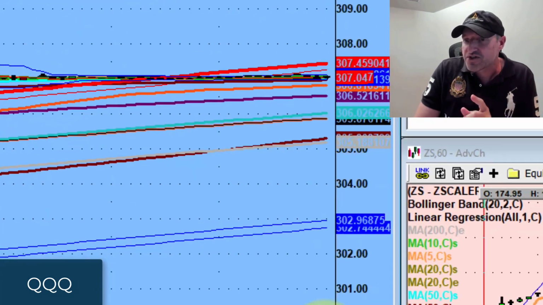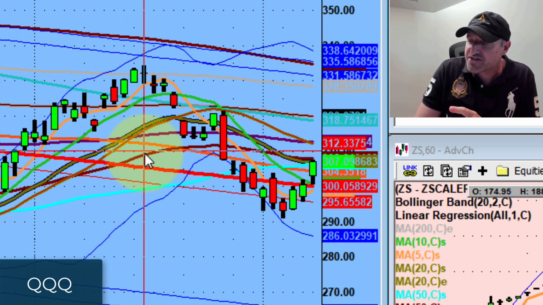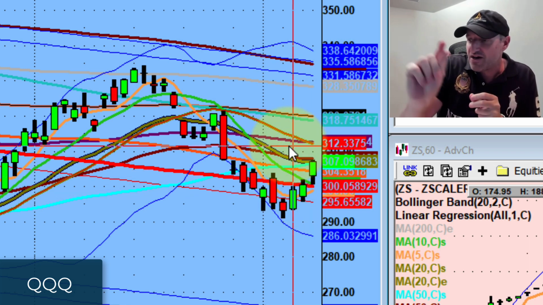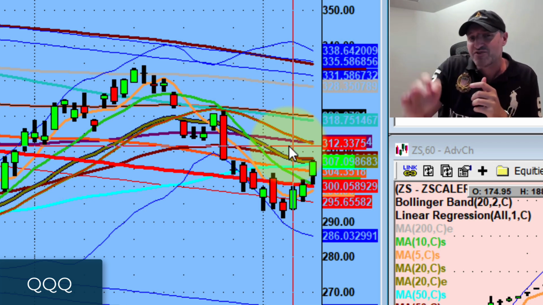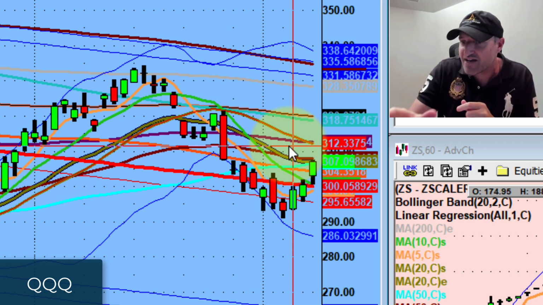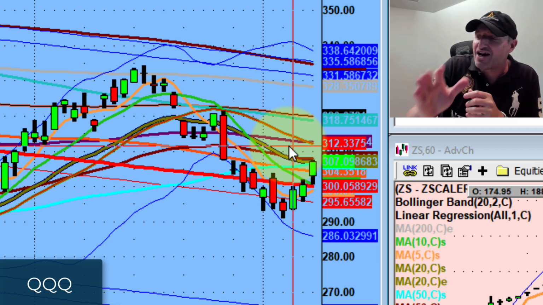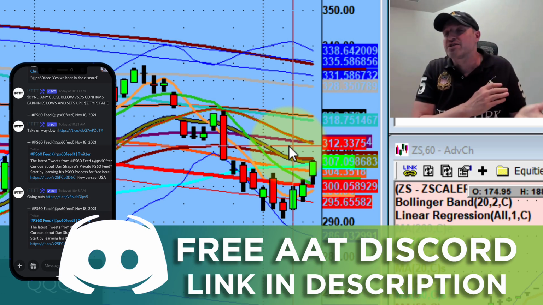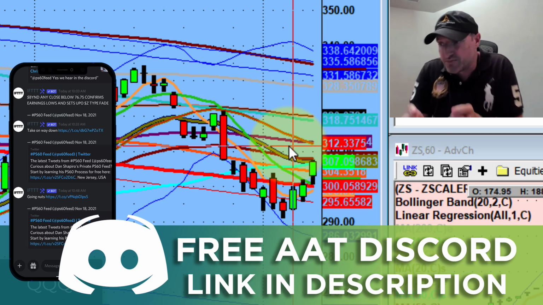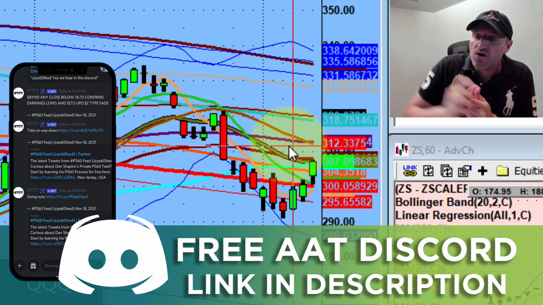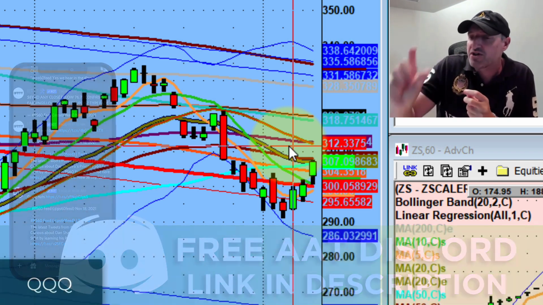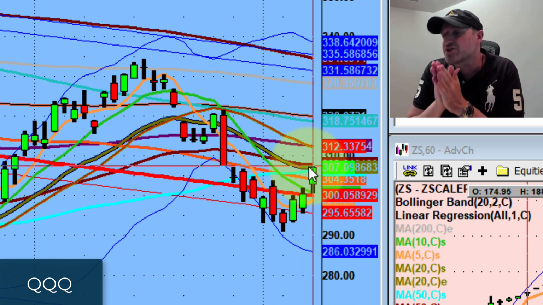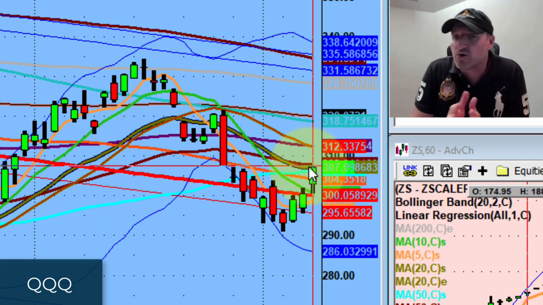The one thing that we noticed right away from Friday's session was that when the 50-day got tested, they walked it down. If you remember that, right? They walked it down from that 306.50s, 306.60s level to like 305.70s. And you could see there was no aggressive tone compared to the previous day's violence, which, by the way, the Bulls reclaimed back off the lower channels. And then slowly but surely they started walking it up. And once they reclaimed the 50-day moving average, that was the green light, right? At least for Friday's session, that was the ultimate green light.